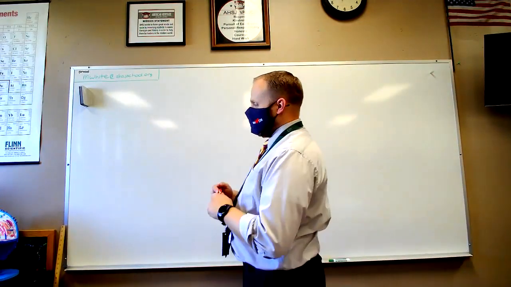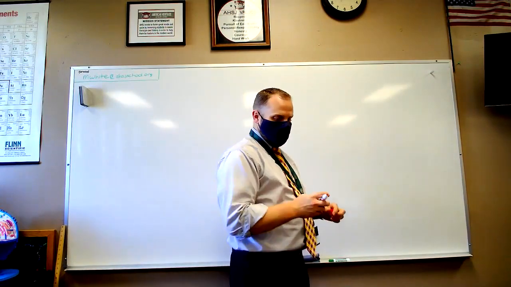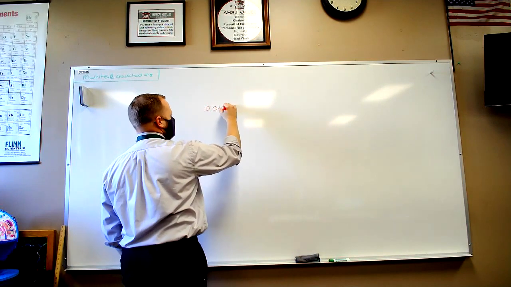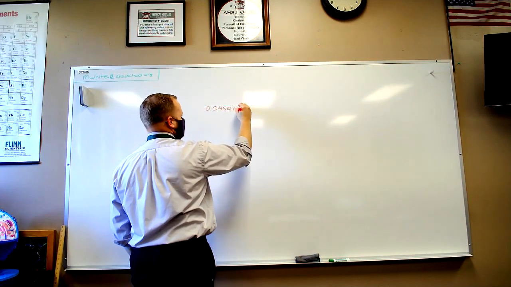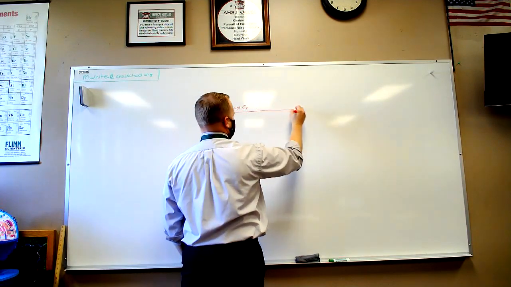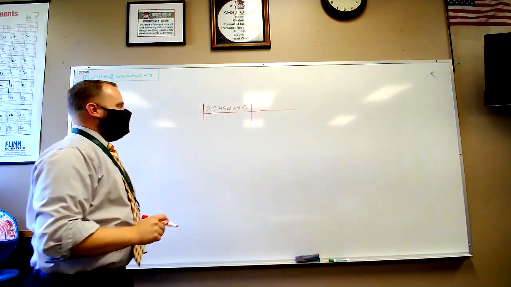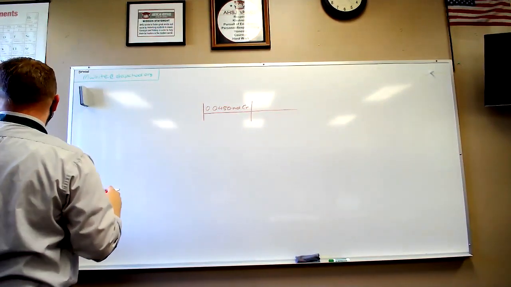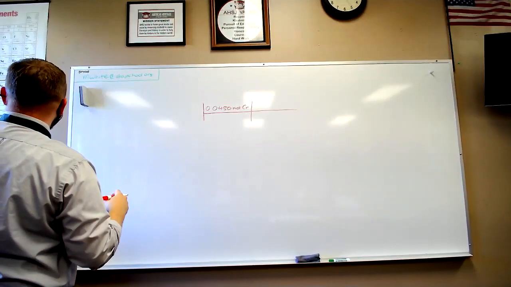Once again, let's start with what we know. Okay, so we know we're dealing with that. Now, when we look at our periodic table and we find chromium, right there, number 24,